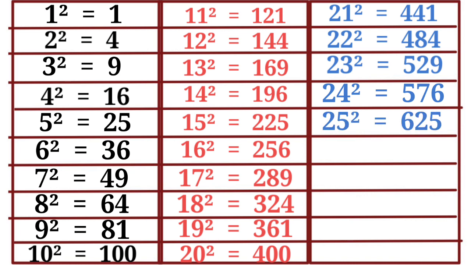25 square is equal to 625. 26 square is equal to 676. 27 square is equal to 7